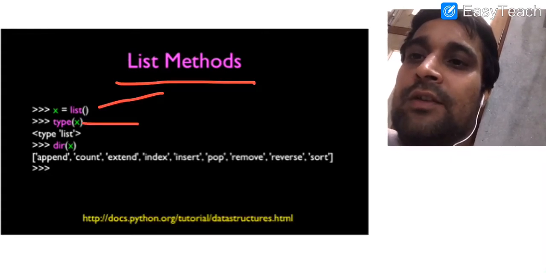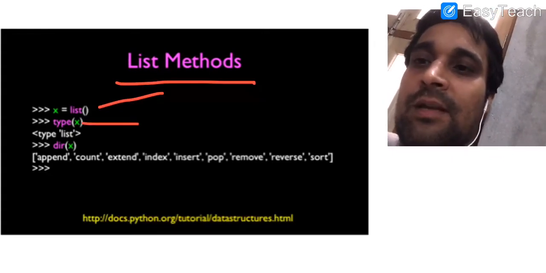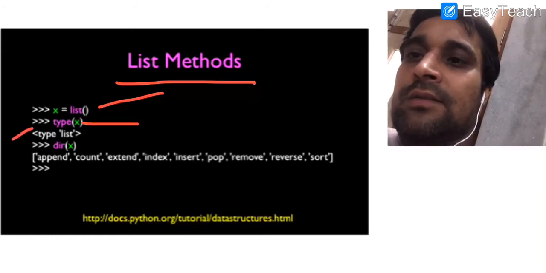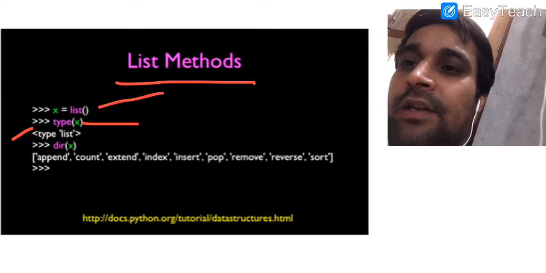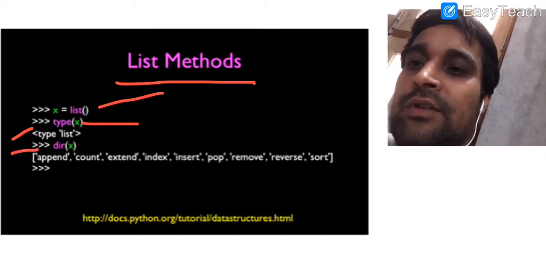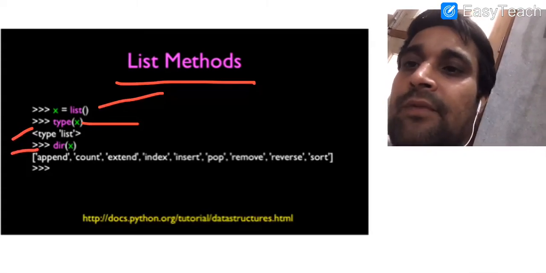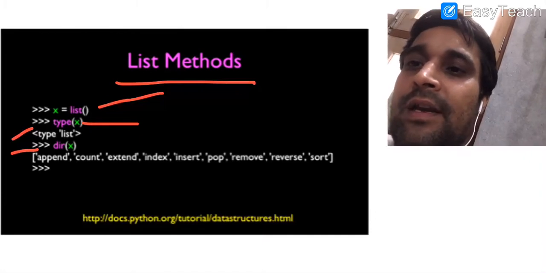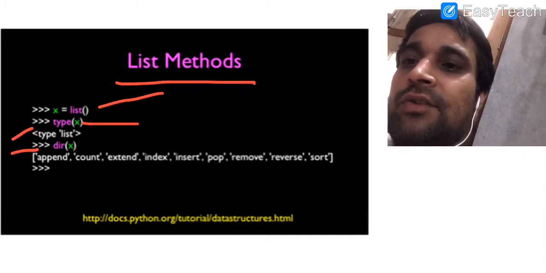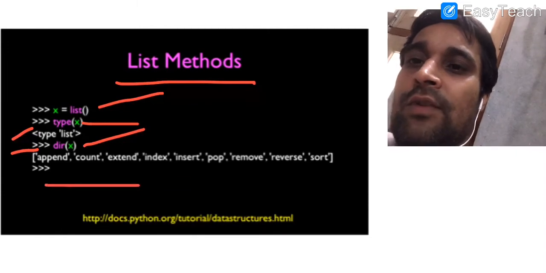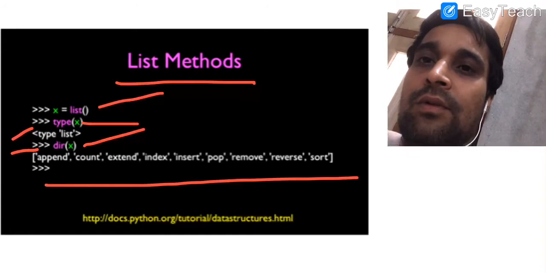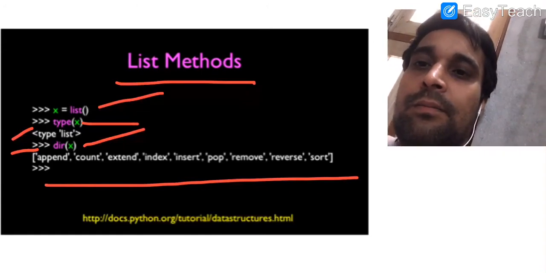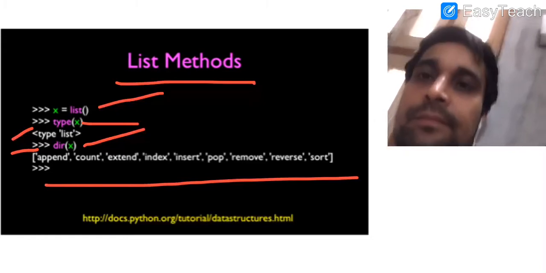When you check the type of X using the type function available in the standard library, it returns the class type list. dir is one of the important functions available, and when you write dir with the name of the list, X, in brackets, you get the names of all the functions applicable on lists that we create in Python. Now we are going to discuss all these functions one by one.